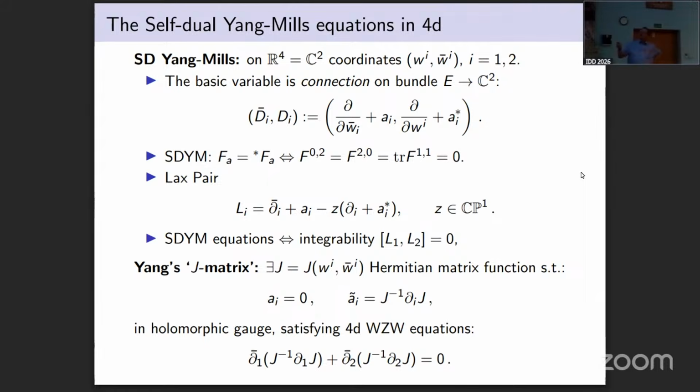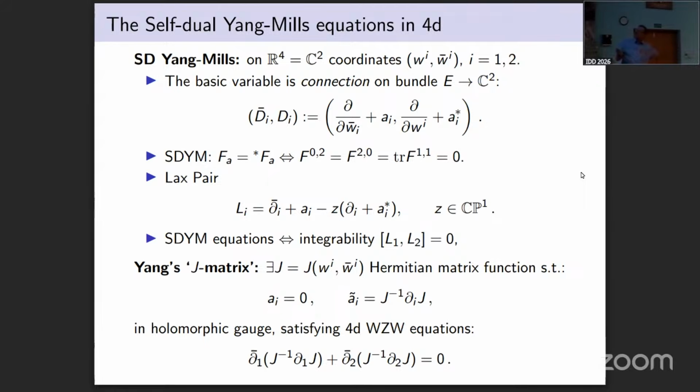And so in the holomorphic gauge, A_I is 0, and A tilde I is determined in terms of J. So this is Chern's unique connection on a holomorphic vector bundle associated with the Hermitian metric. And then this equation reduces to the remaining equation here. So you've really solved these two equations directly, and the remaining equation here gives rise to what's known as the